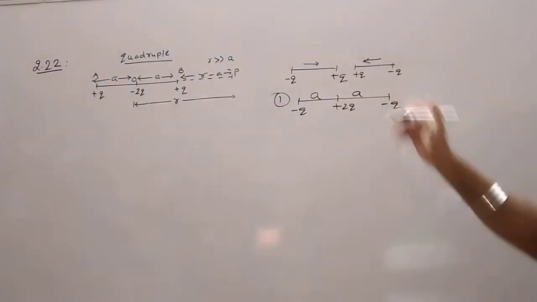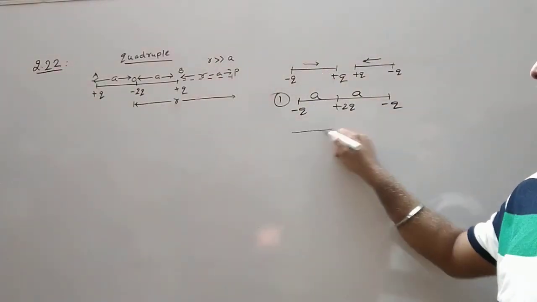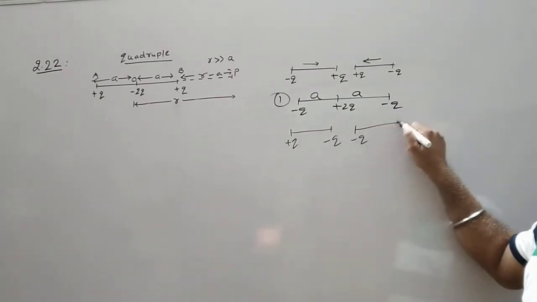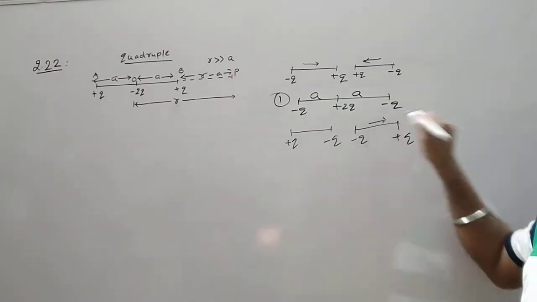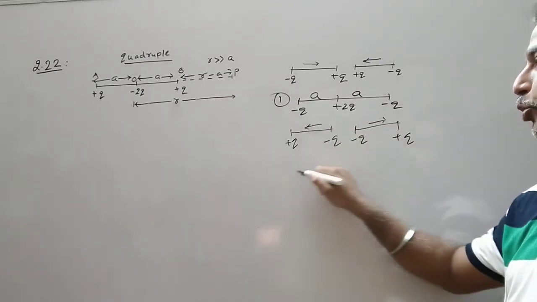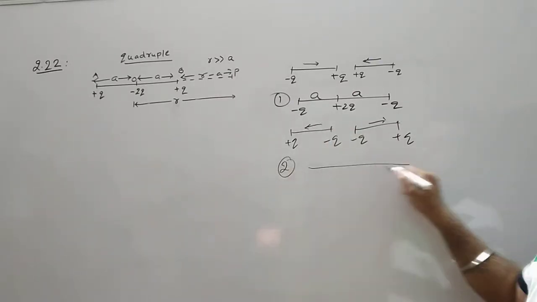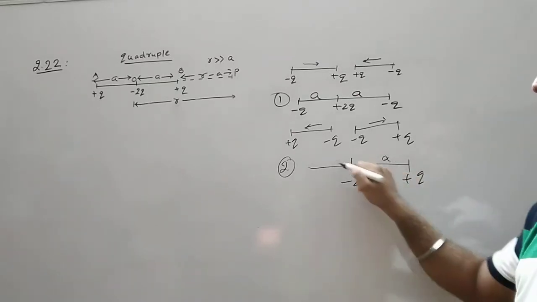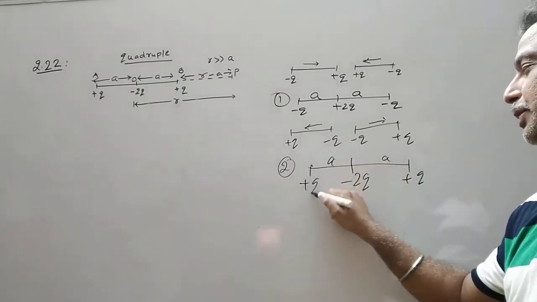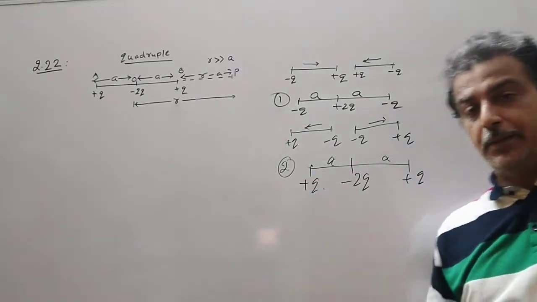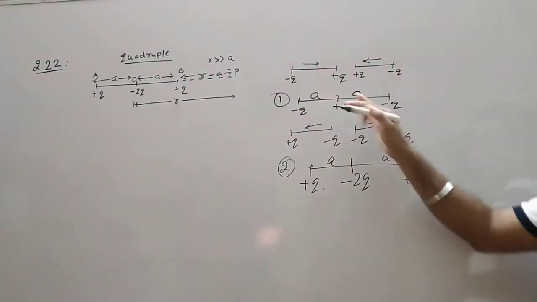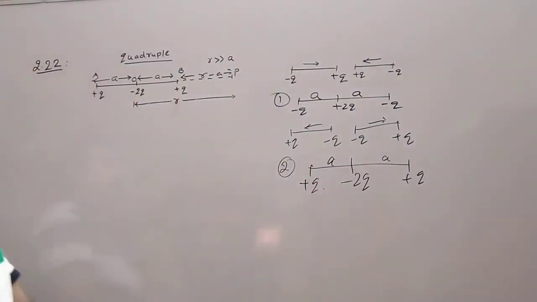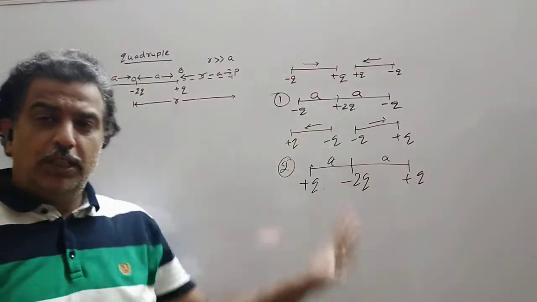Now instead of this situation, there is another situation, say plus q minus q, minus q plus q. The dipole moment is in this direction, the other dipole moment opposite. So this system can be formed as minus q, plus 2q, minus q, with a as the distance. This is given here. So the arrangement can be divided into two types. Now this arrangement is also known as a quadrupole.